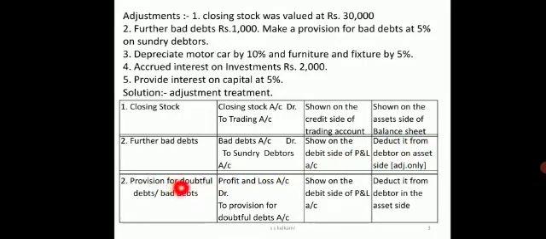Next, we are having provision for doubtful or bad debts. Now provision for doubtful debts is a charge that we are going to show on our profit. So it is to be taken, it is a known loss. So whenever known losses are charged, they become provisions, and such provisions are debited to profit and loss account, and the same amount of provision is deducted from the debtors in the balance sheet on asset side.